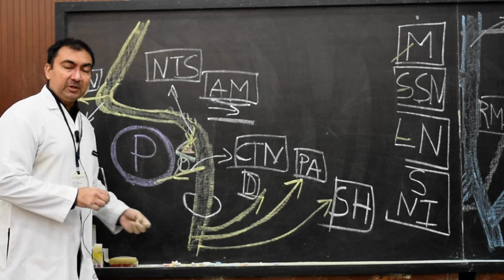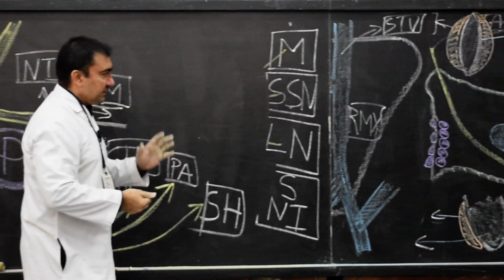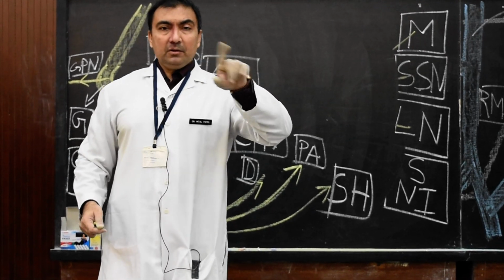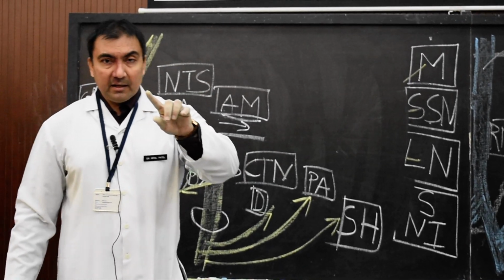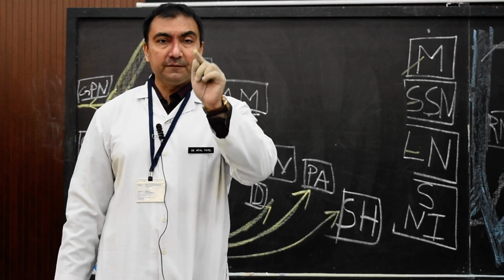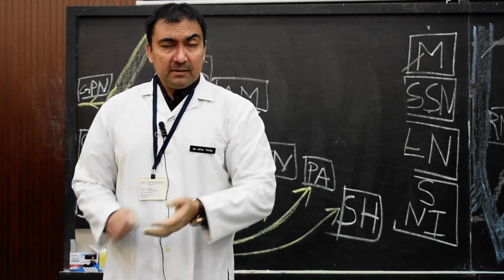After entering the parotid gland, it will divide into 5 branches. And these 5 branches which will exit, which we have already discussed, will be temporal, zygomatic, upper buccal, lower buccal, marginal mandibular and cervical. Here we have to remember the individual distribution of these branches to the facial muscles, my dear students. Remember, I will tell you one